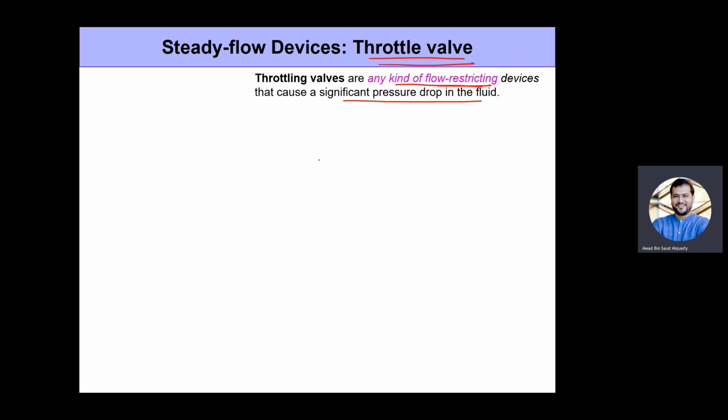Okay, now why do you want to achieve a pressure drop? We'll talk about that in a bit. But for now, remember that we use a throttling valve whenever we want to achieve a given pressure drop in the fluid. Now you may ask that, we can achieve a pressure drop even in a turbine. So why make use of a throttling valve? Well, there are situations where all we are interested in is to achieve a pressure drop and, related to that,